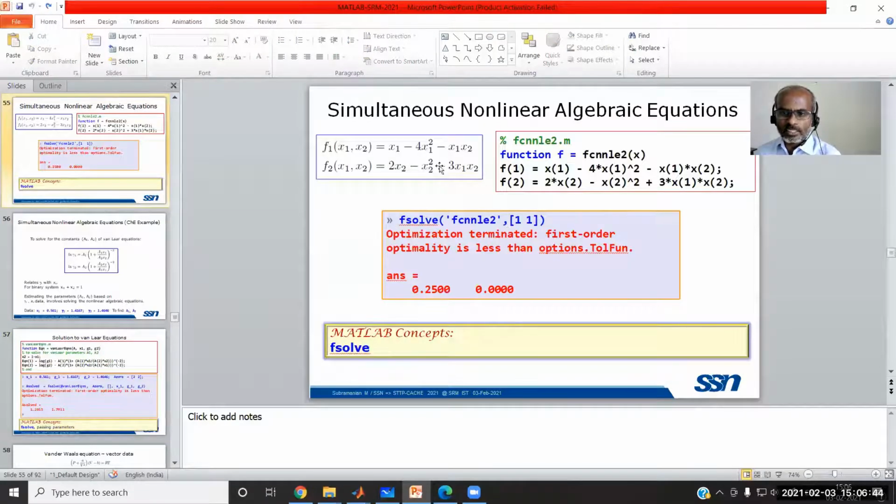In this function, there are parameters like 4, 2, 3. These are all simply typed in the function file itself. Suppose you want to make these parameters to be passed to the function during the runtime, so that you will have a very generic equation and you can change the parameters during the runtime.